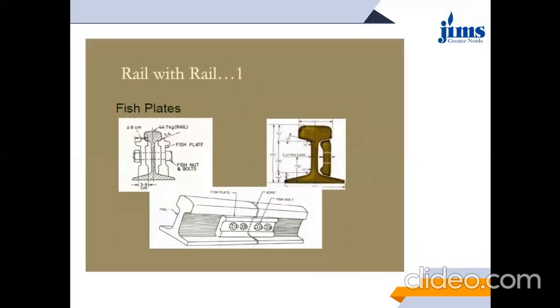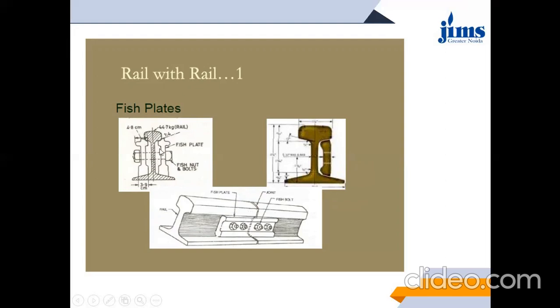Okay. Here in the diagrams, you can see a clear view of the fish plate, which is used to join two rails. In the diagram, the third one, the one below the other two, is a complete rail joint, where the fish plate is used to join the two rails. As you can see, the fish plate is kept at the mid portion of the rail. Remember when we studied the rail, there was the top of the head, the mid portion, the flange, and the foot of the rail. Between these, at the web of the rail, will be this particular fish plate.